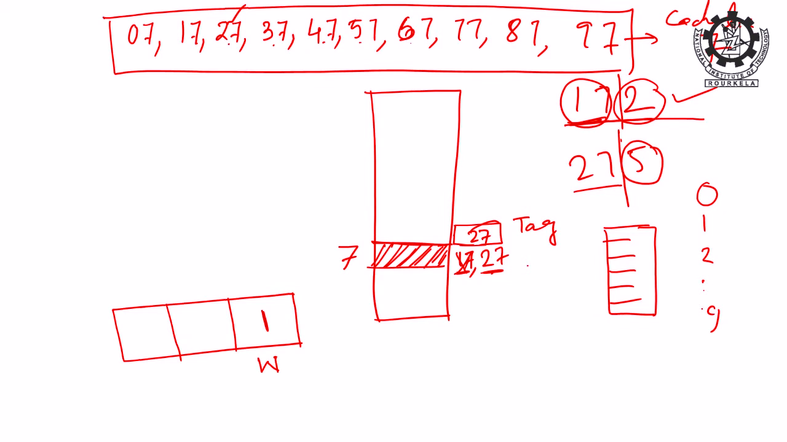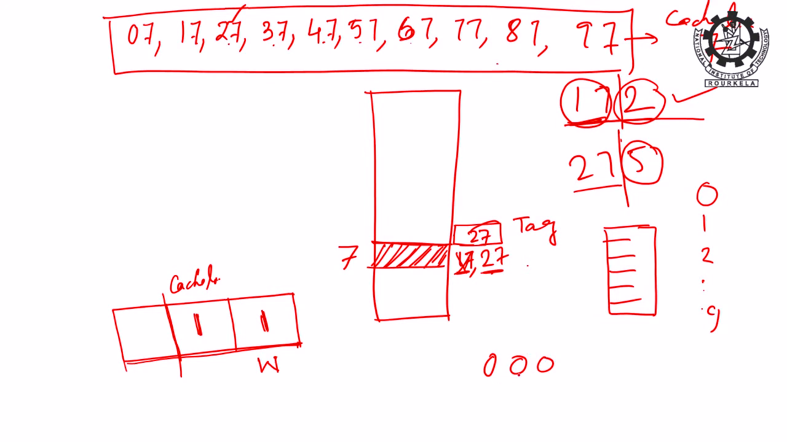Next is the cache line: this block, either 27 or 7, is mapped to which cache line. So this part indicates the cache line. How many blocks are there in the main memory? There are 10 blocks. To identify any one of the blocks in the decimal system, I need only 1 digit. So the cache line will be 1 digit. Word is 1, cache line is 1, and then what is the total length here? What is the memory size? That is 0, 0, 0,